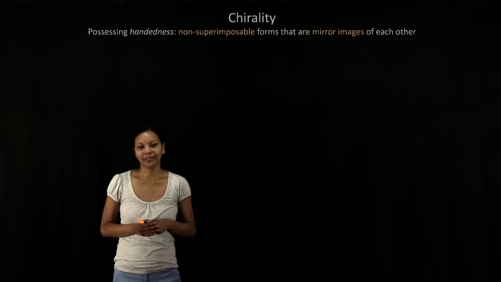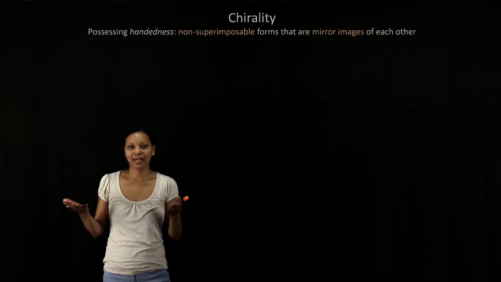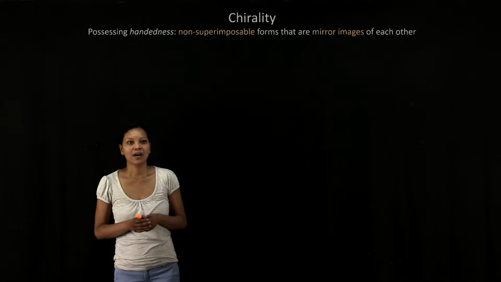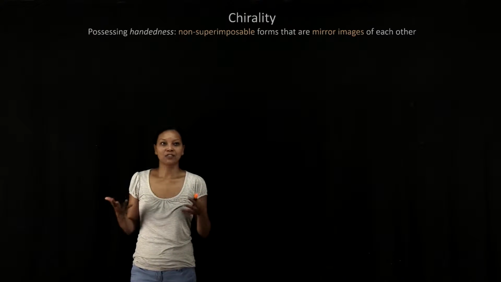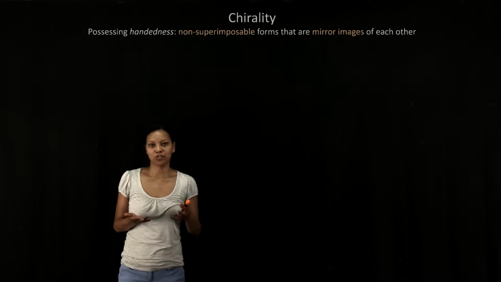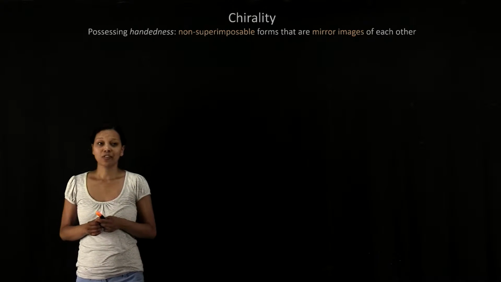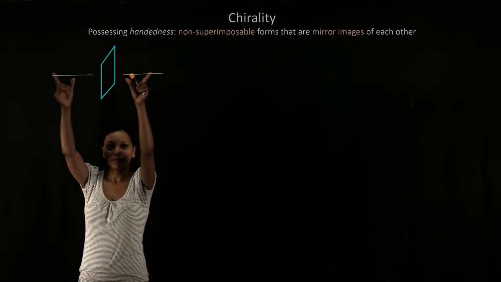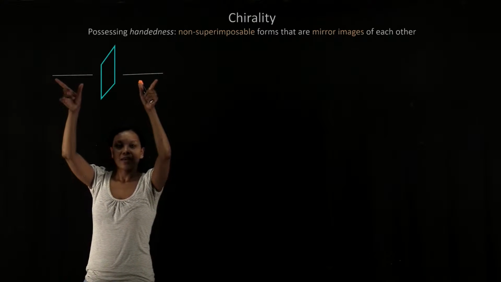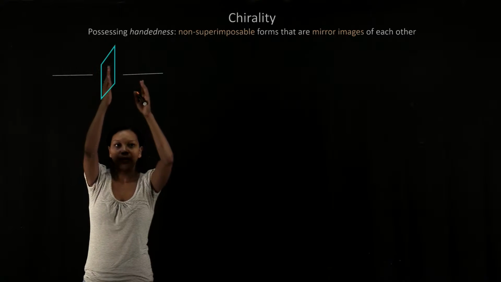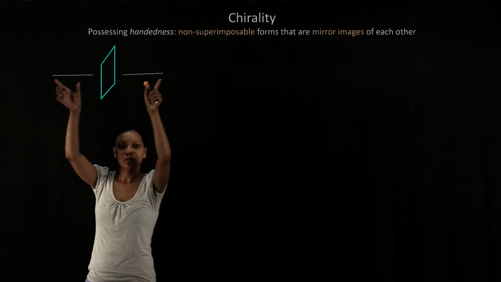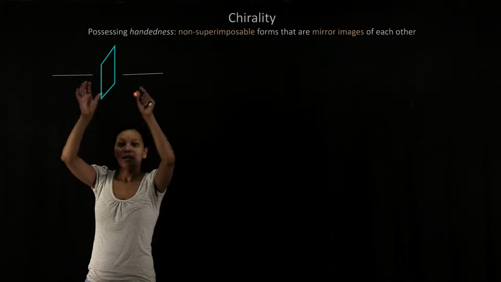So what is chirality? Well, it's basically something that possesses handedness. This something has non-superimposable forms that are mirror images of each other. For example, I would like to bring up these two lines. These two lines, reflected in this plane in the center, are mirror images of each other, and they're pretty